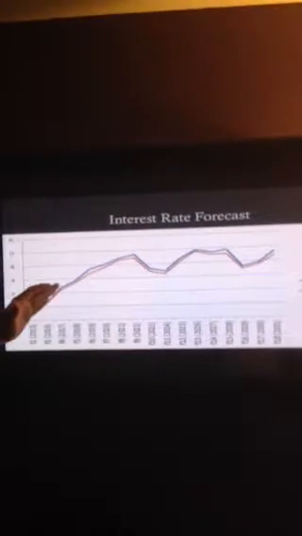So continuing on, this is the overview of the week from Friday to Monday, and clearly you can see here, all the way from year 1 to 30, the yield curve is steepening throughout. And then also with the interest rate forecast, you can see that Friday in blue is higher than the Monday in the red, which means interest rates are higher all the way throughout, which isn't good for home buyers and home builders. But now let's just take individual days and take the news that is here.